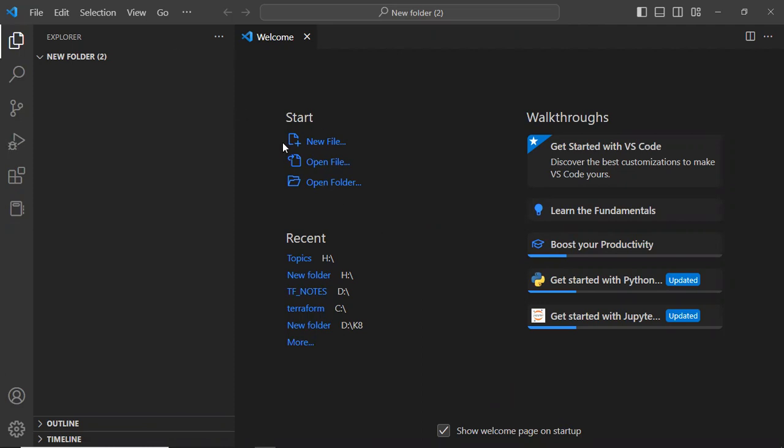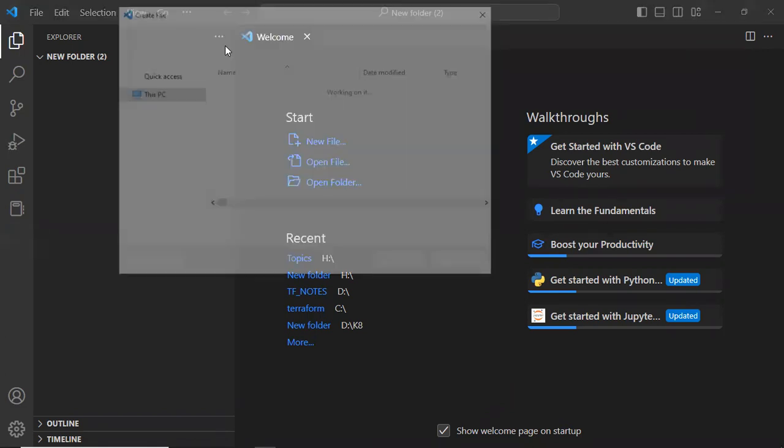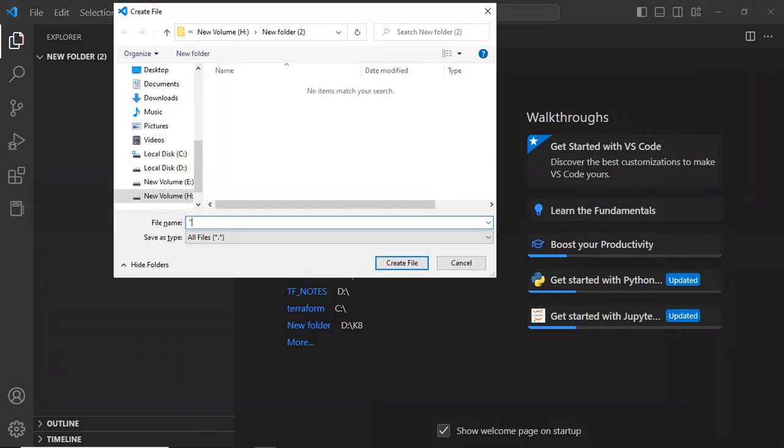For that, click on new file. You can give any name you like for the file, but the extension should be .tf, a Terraform file.